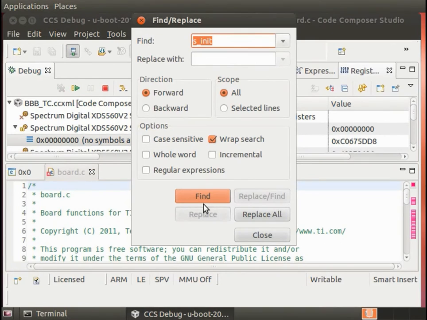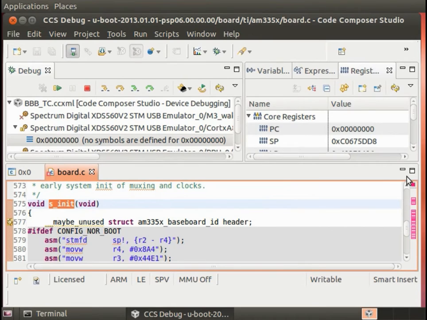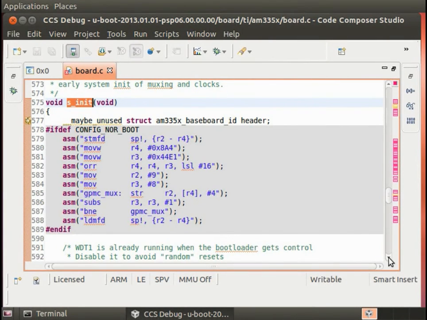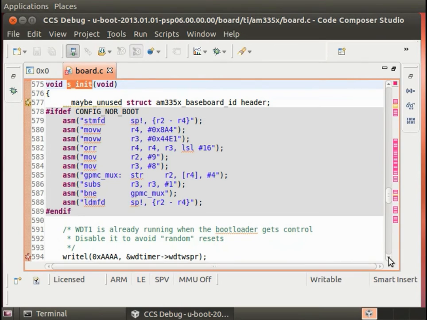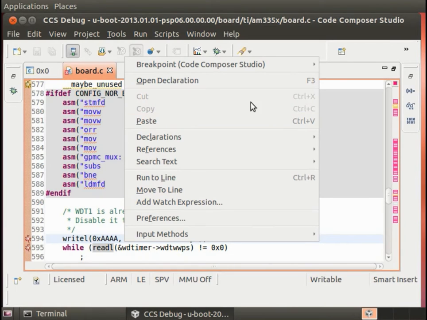So I'm going to hit Control F and find s_init. Pulling this up, we're not doing a NOR boot, so this won't be valid code. But I can go to what's basically the first line of code here at 594. Now this is important. Some people may be used to double-clicking in the field here. That'll set a breakpoint, but not a hardware breakpoint. And what will happen is you won't stop at the breakpoint. So that's a common mistake to make when you're first starting, but it's very important that you right-click, do Breakpoint